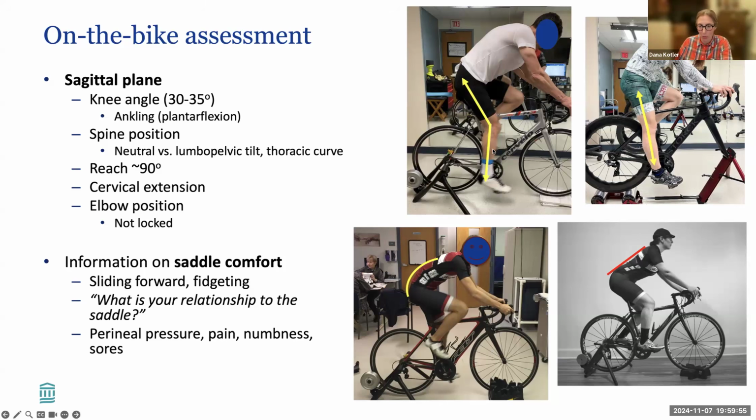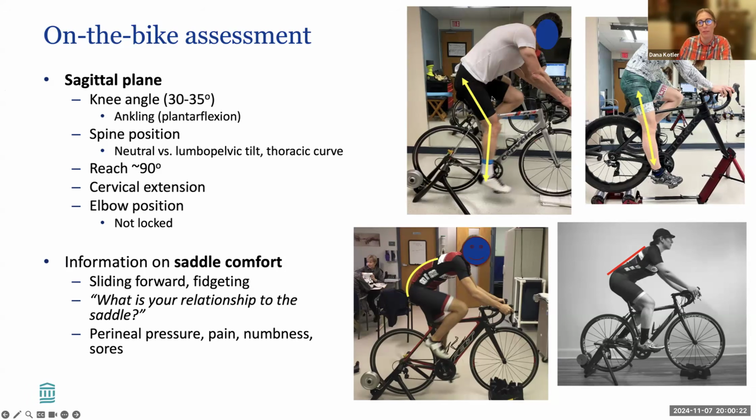Technically, we could go even as low as 25 degrees, but most people's hamstrings are pretty tight. And so if their knee is getting all the way to as straight as about 25 degrees from full extension, that might be kind of yanking on their hamstrings. You might see them point their toes a little bit. So you can see this guy's got a slight knee bend, but this person has almost a straight knee. So this saddle is way too high and this saddle is a bit more appropriate. But if their knee is really, really bent, that's going to be an indication the saddle's too low.